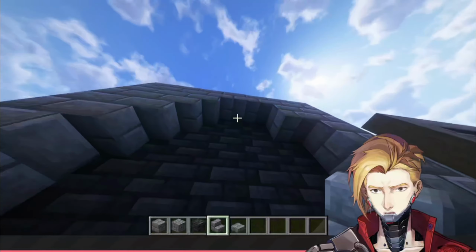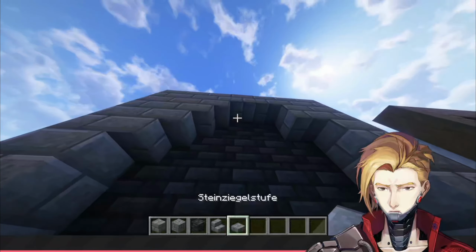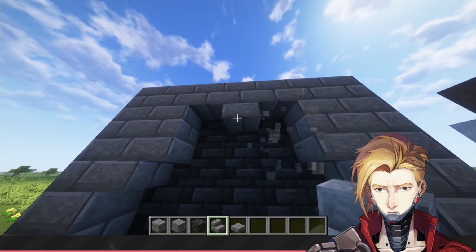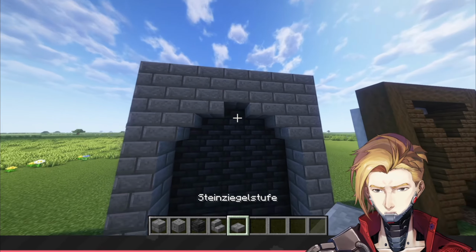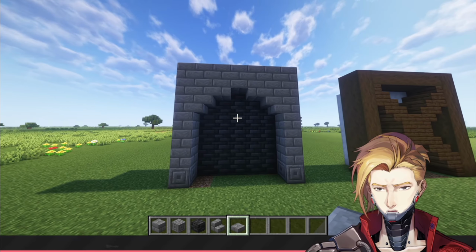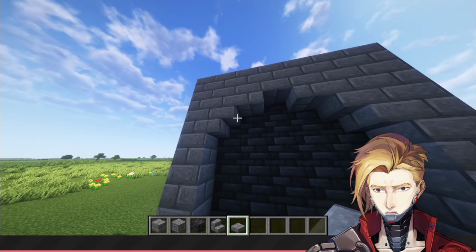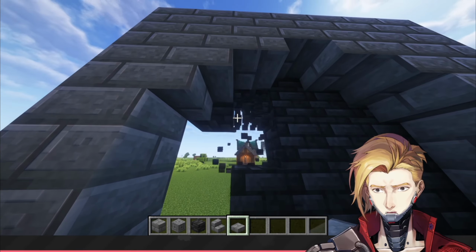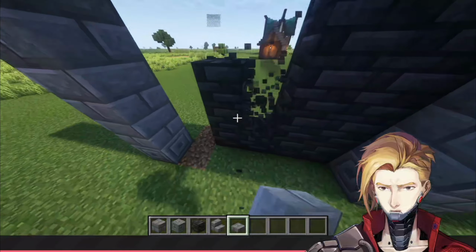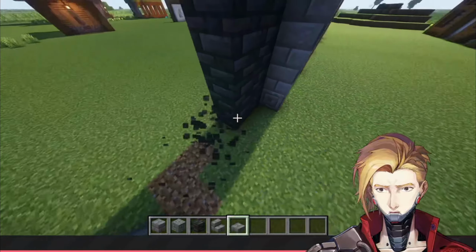It's come with its own set of challenges. For example, really getting an arch to work here is sometimes slightly challenging, but with a little bit of work, you can always get it to work out. As you can see, I've used stairs, a full block, and then a half block to create a nice broad arch. Now I'll go ahead and knock this wall out and make a third level of depth to this wall,